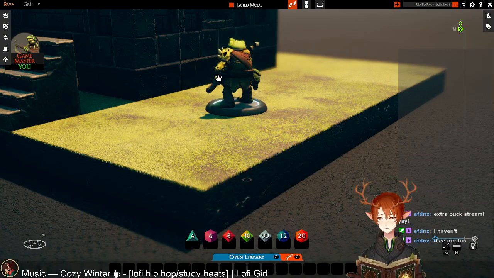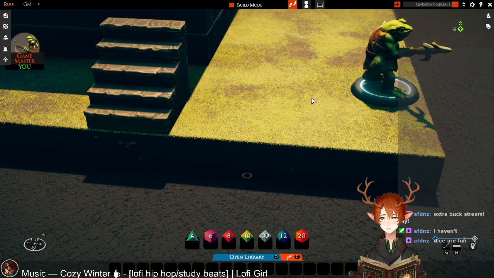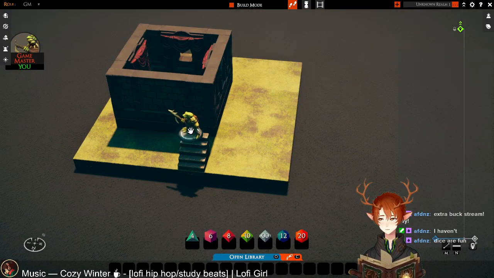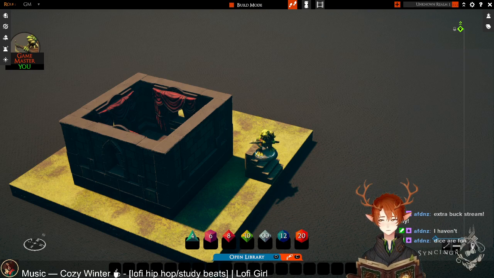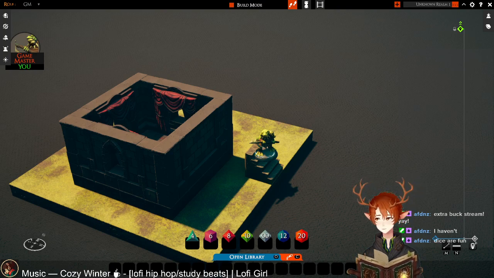Yeah, so this game has tons of miniatures and stuff in it, which is great. You can move them about. You can set up encounters and adventures and all that sort of thing, and that's what we're going to be doing today. Today we are going to build a dungeon from scratch. And the way that we're going to do this is